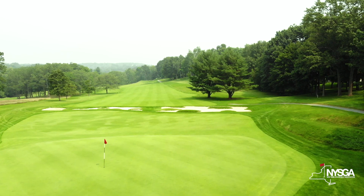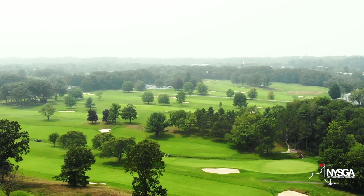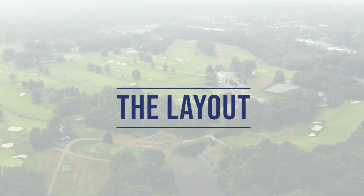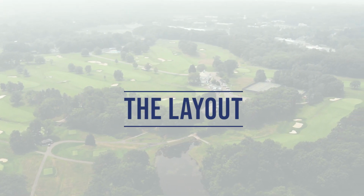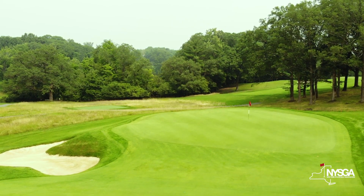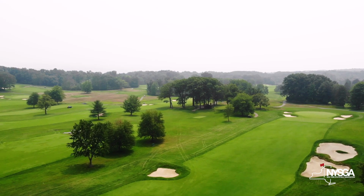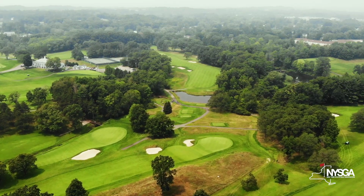We're kind of tucked away behind Siena College, and I think people are really just surprised at how good of a golf course is here. And it's a really, really good Golden Age golf course. The front nine is a par 37, back nine is a 35. The front nine is flat, the back nine takes on a different look, a lot more rolls in the hills